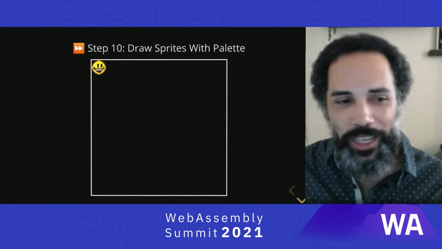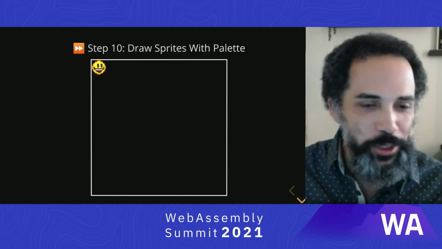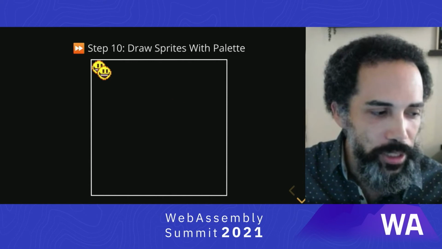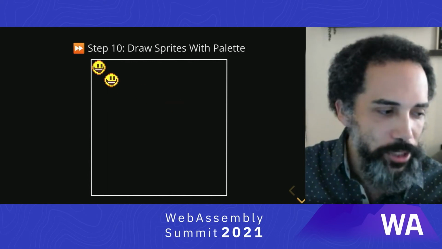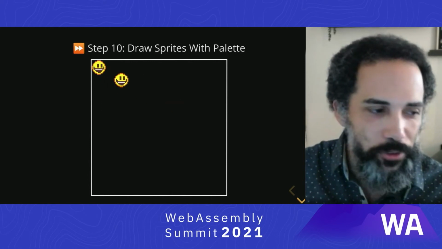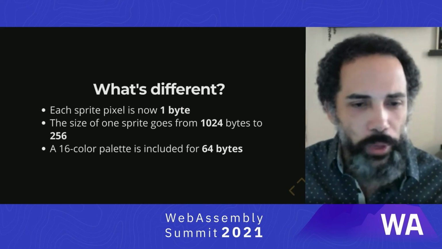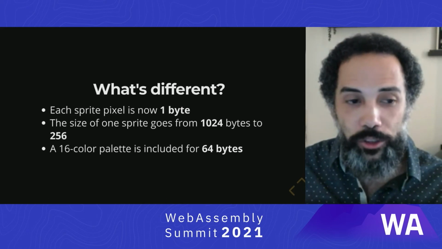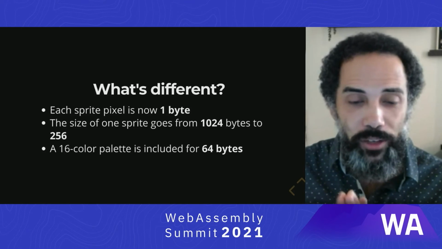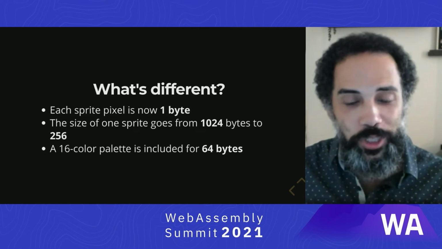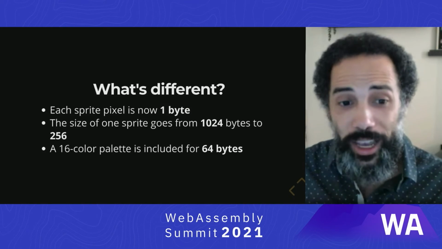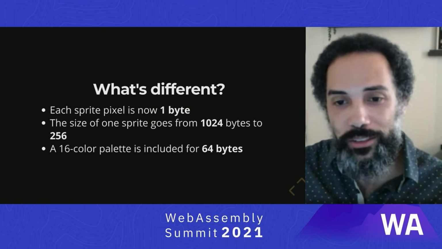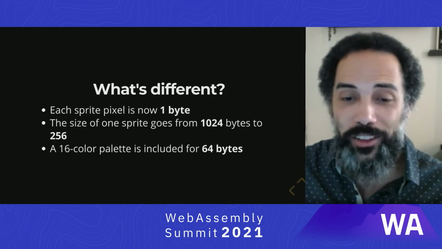Okay, so like I said, I can't go through all the steps, but I do want to show you a little bit about what other steps we're doing here. So one thing we're doing is we're drawing with a palette. Well, actually, you can see this doesn't really do anything differently. What's different? Well, one of the things that's different is that now I'm actually using just 1 byte for a pixel of the sprite. That actually reduces the size quite a bit by 4x for each of the sprite data. So that is one way that we can save a lot of bytes, and I do that in a lot of the examples.